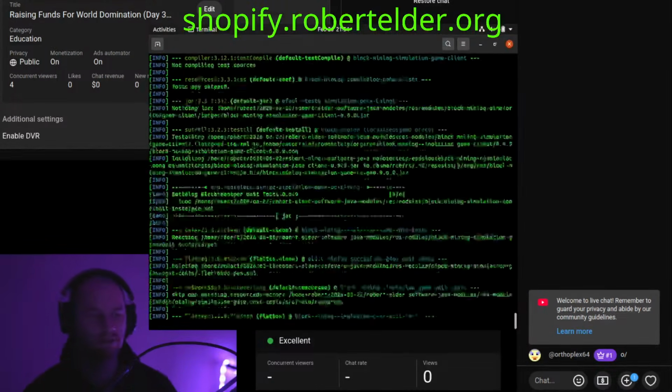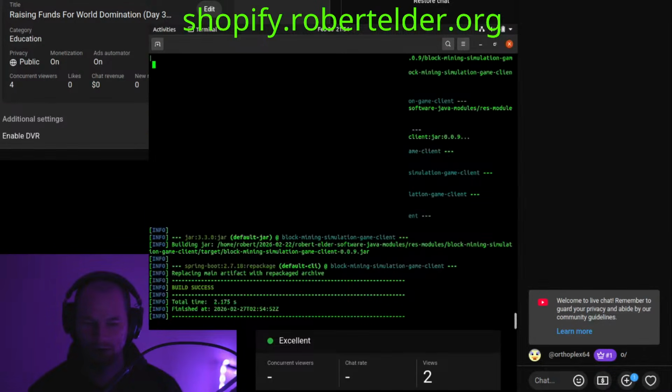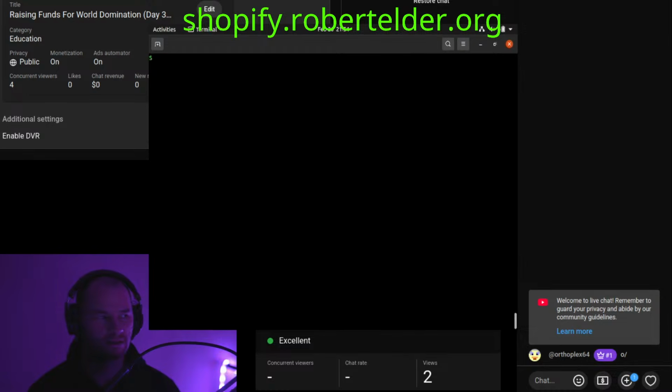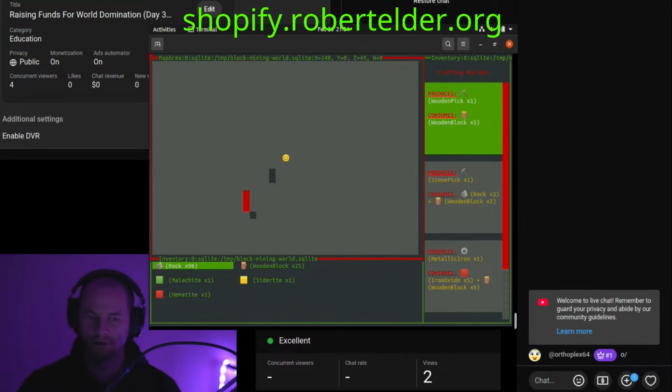That's the class that is responsible for loading and unloading chunks. That needs some updates to make it work for multi-client worlds. Okay, game still works.